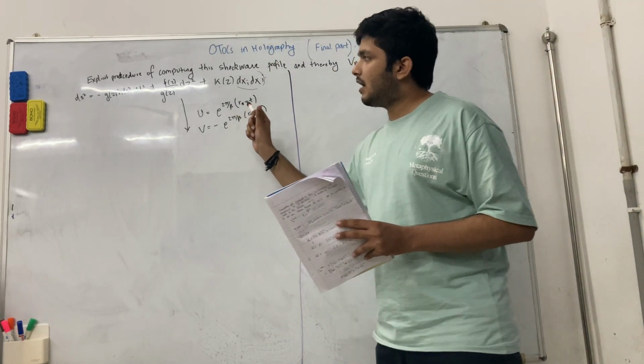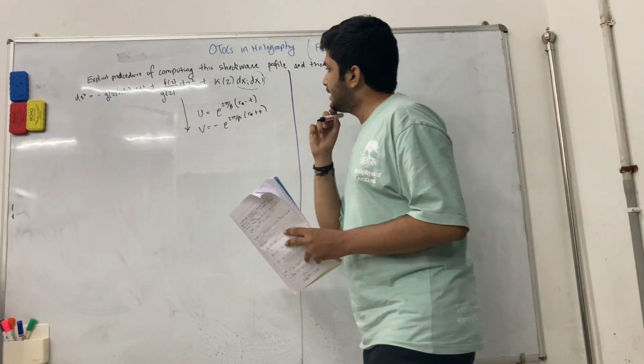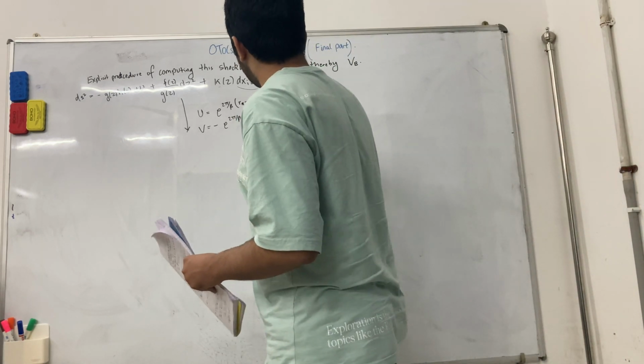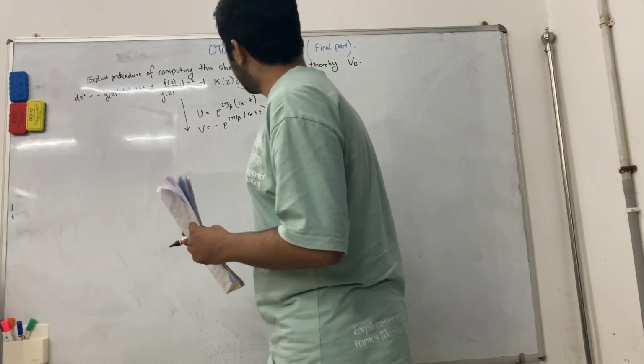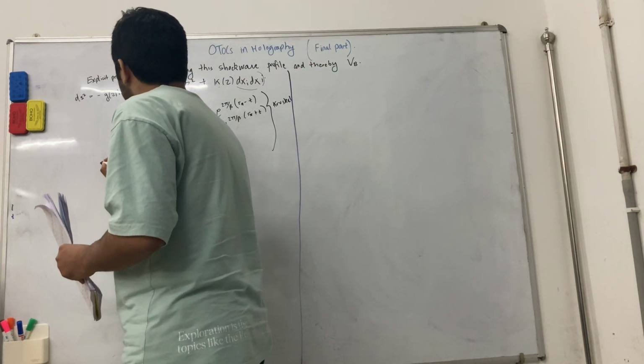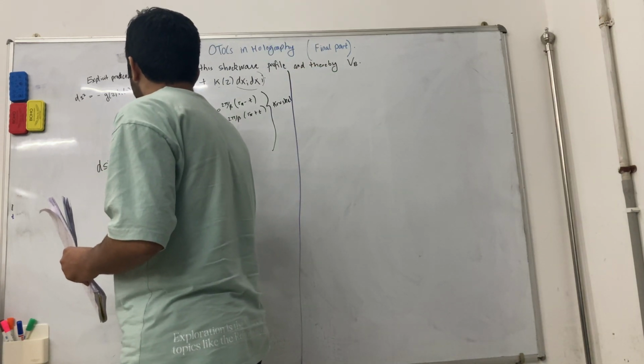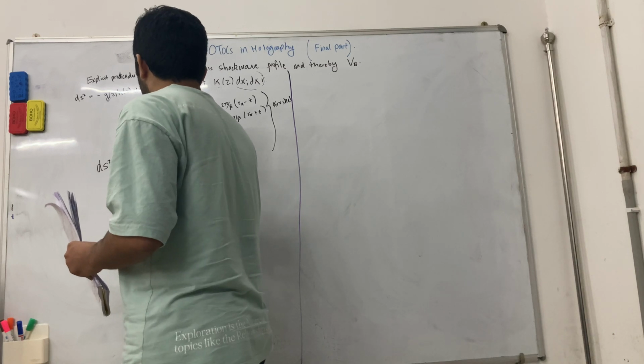Here r star is my tortoise coordinate, and this is the explicit form of the Kruskal transformation. I get my metric in the following form,